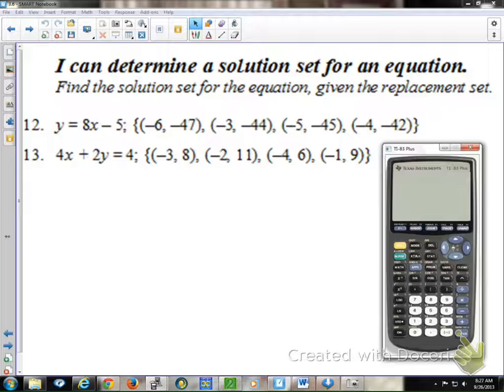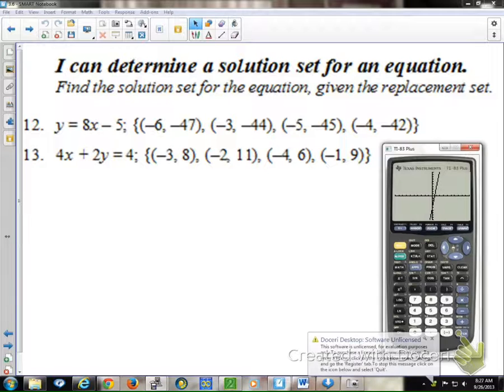So, you should have it on your screen. Now hit graph. It's the top right button. If yours doesn't look like this, that's just because your window is different. Hit the zoom button, then go down to standard, and hit enter. That's going to graph from -10 to 10 in both directions, X and Y.